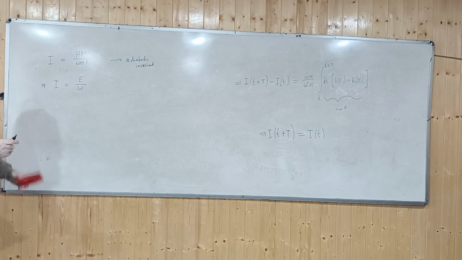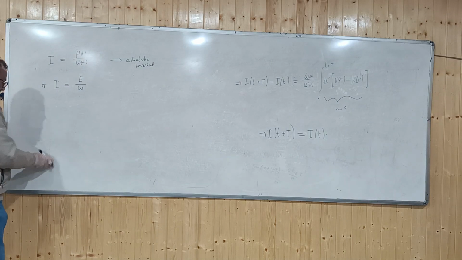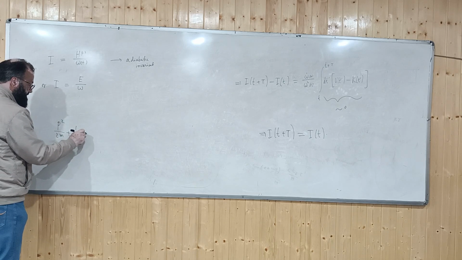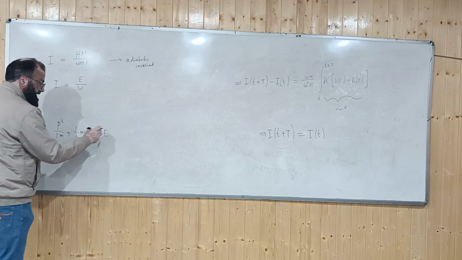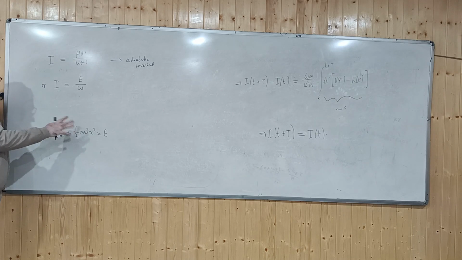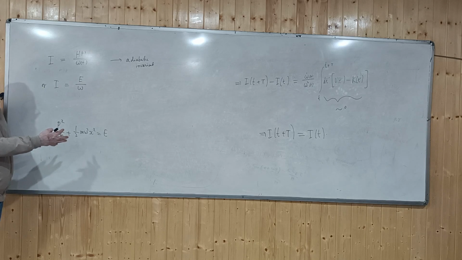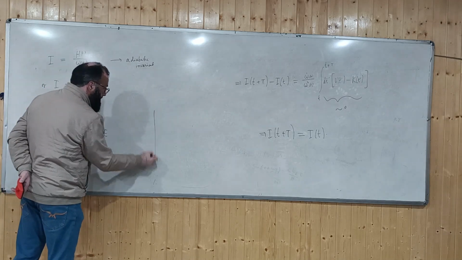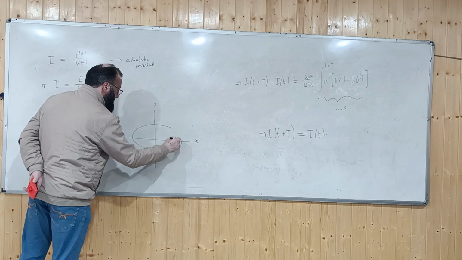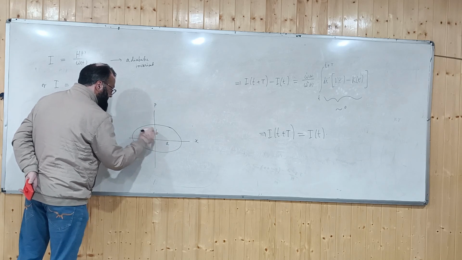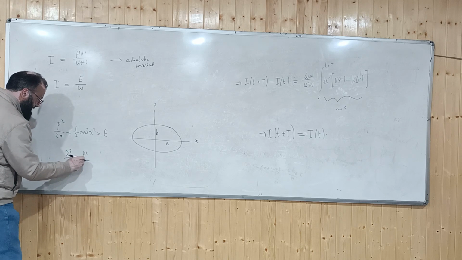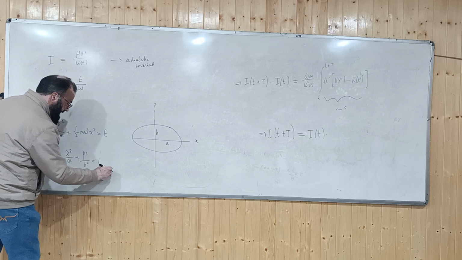So let's look at the harmonic oscillator again in phase space. So you are having this, the equation of the harmonic oscillator, equal to E. Energy is conserved, we consider energy conserved. So how does it describe an ellipse in phase space? If we draw the phase space, you are having this as x and this as p. So it is simply an ellipse. Let's say this is the major axis and this is the minor axis. So you can write it like this: x² by a² plus p² by b² is equal to 1, where a is equal to root of